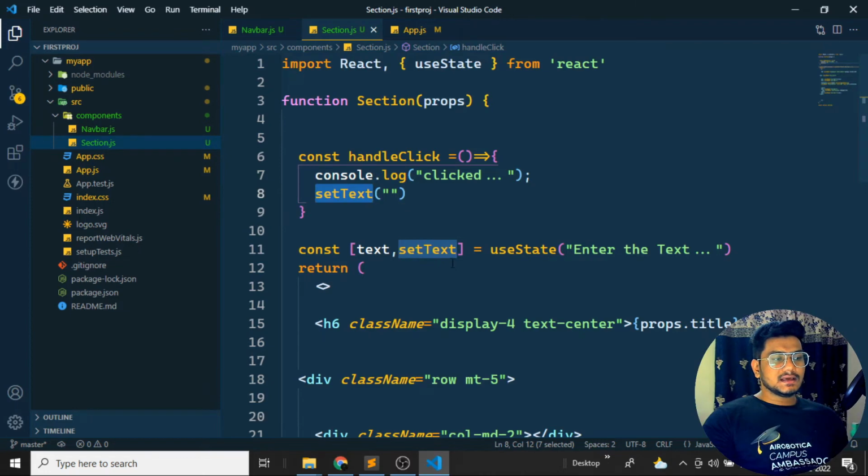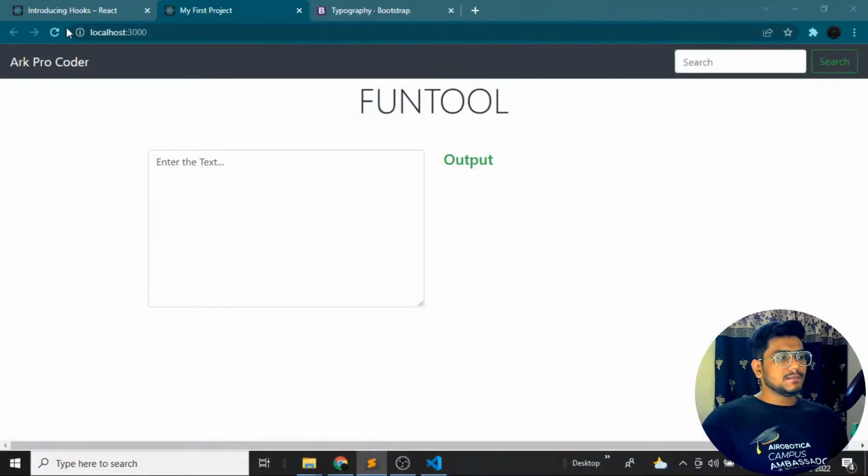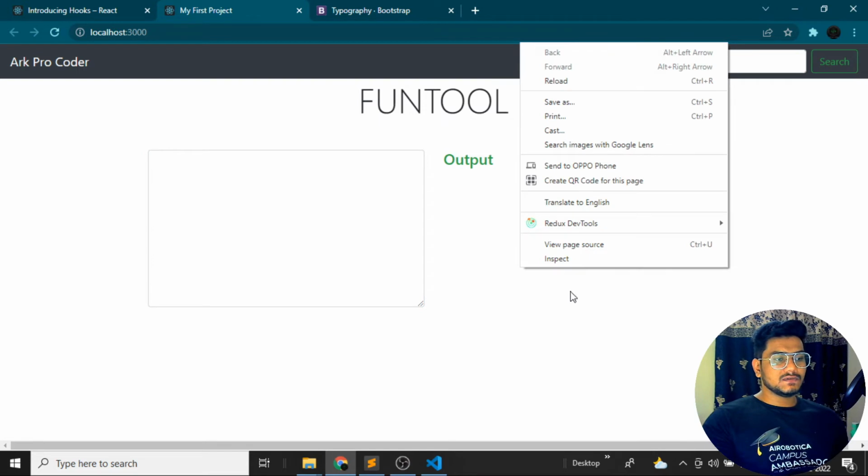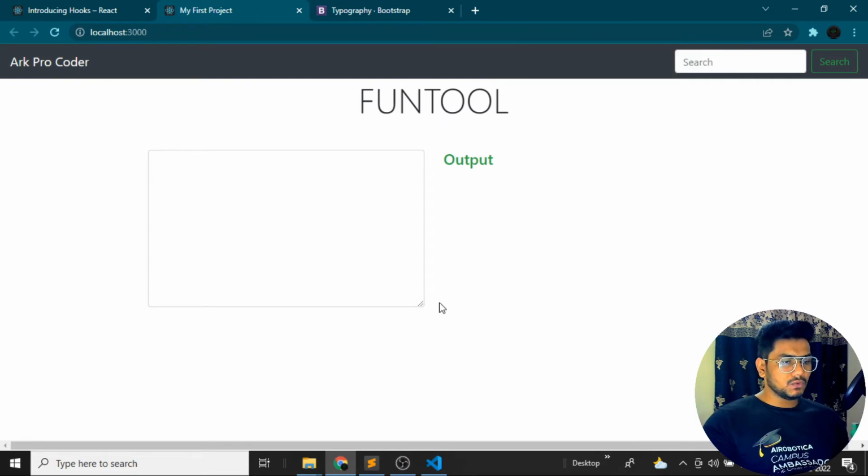So what is this setText? The setText is the second useState. Whatever the current state is there, it is the entered state. When I click it, this particular state is going to update the text over here. Now see, if I refresh and try to click here, you can see the text is vanishing. If I show you inside the inspect element tool,